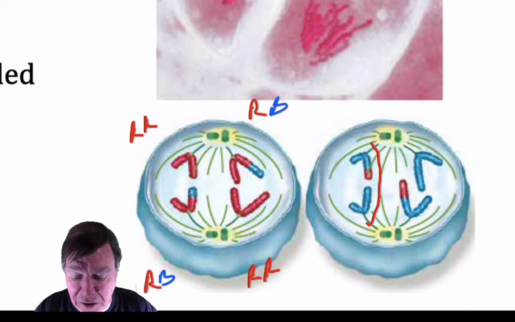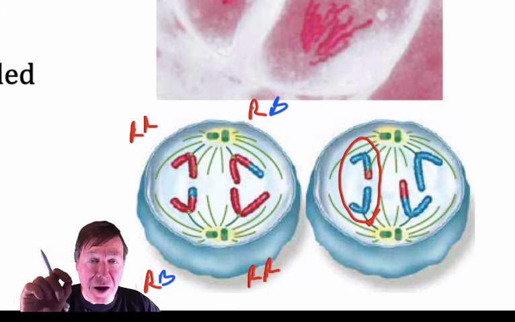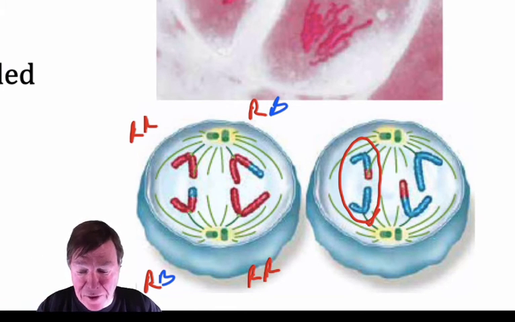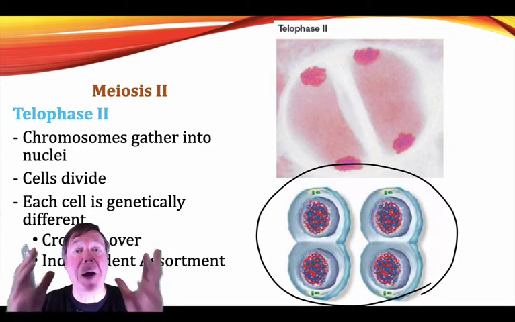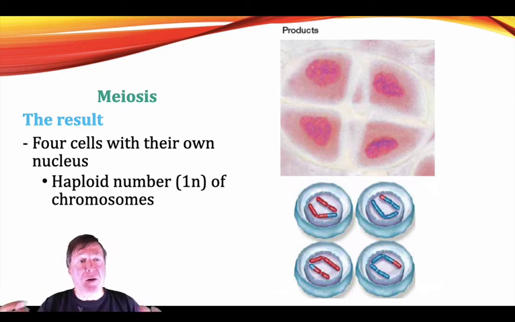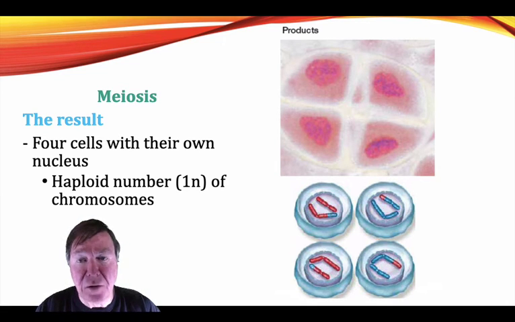Remember, each of these pairs here is 1 chromosome out of that karyotype. Think of it that way. But again, telophase 2, exactly the same as mitosis. All right? When we end up with, you can see where you've got 4 cells that are all genetically different,